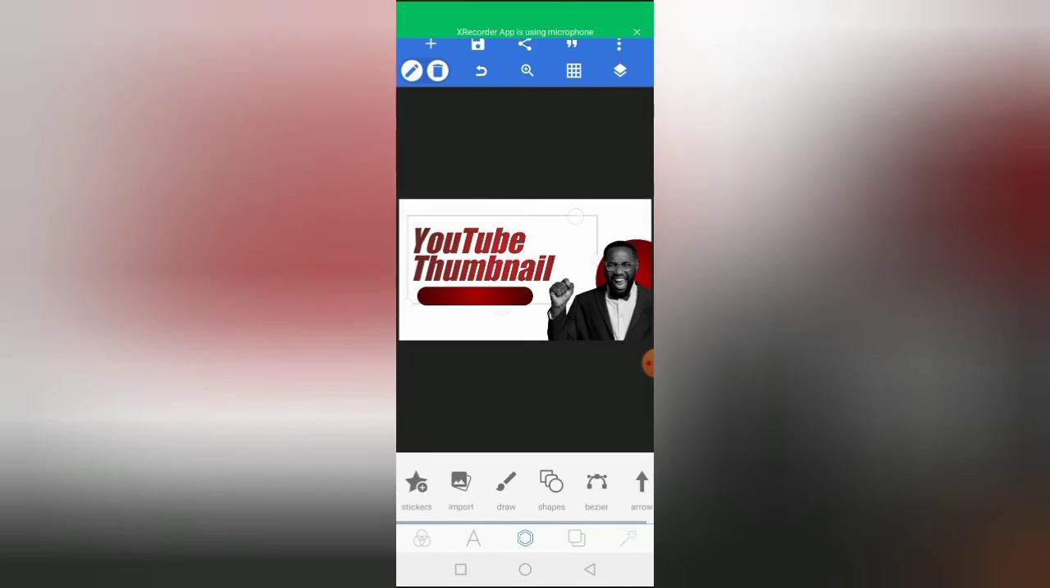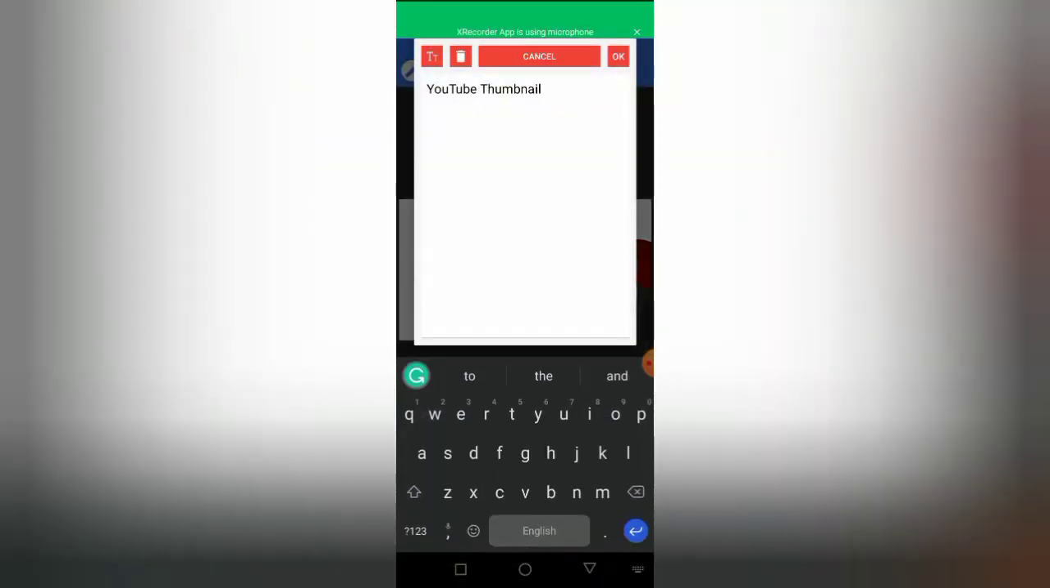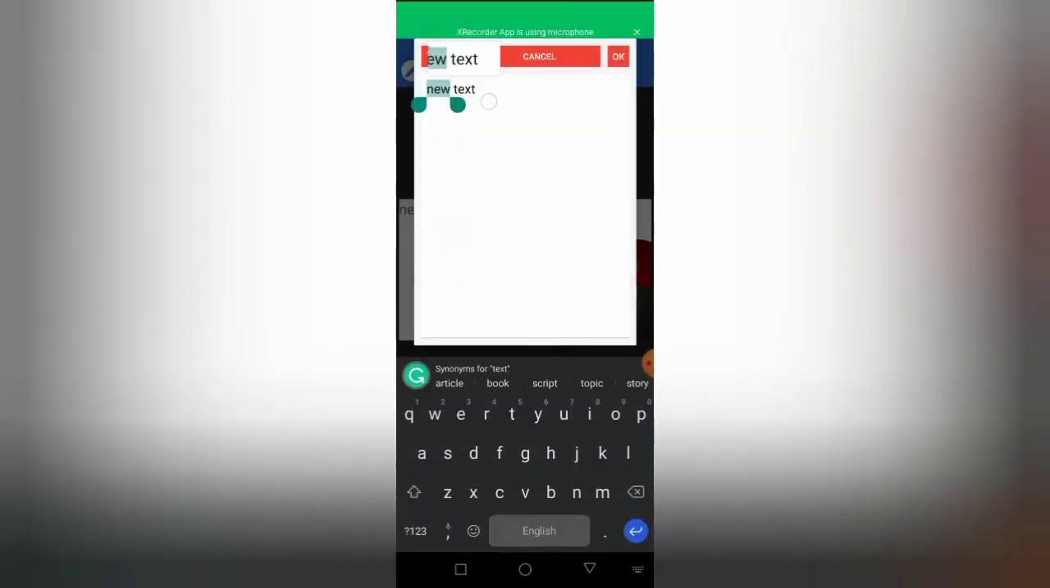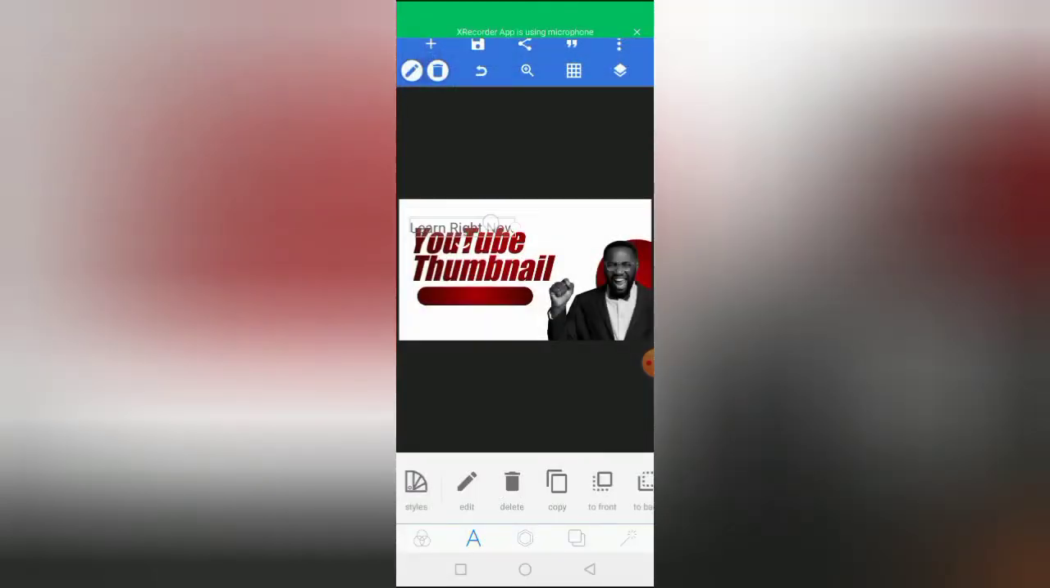on OK. So right now I want to insert a text inside this shape, so I'll click on text, and I'll say "learn right now," and I'll bring this right here, and I'll change the color of my text to white,